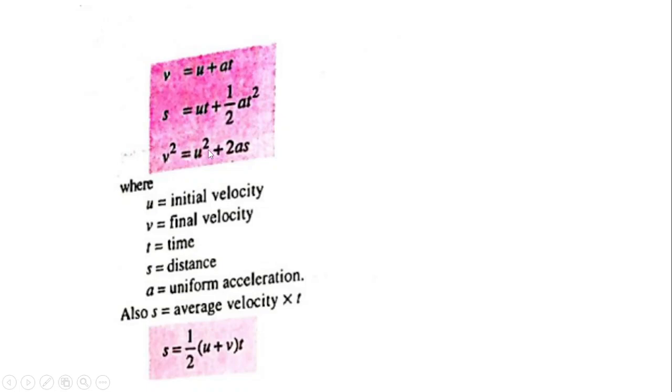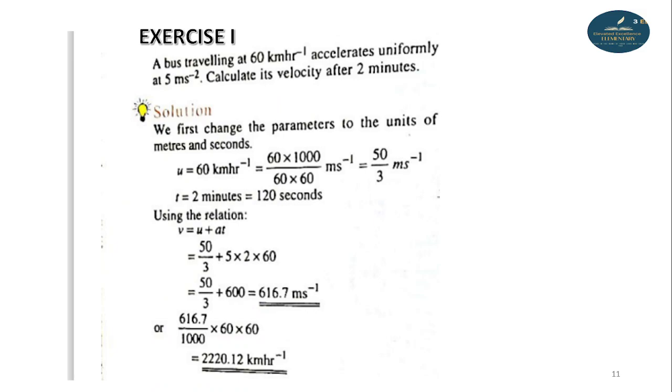A bus traveling at 60 km/h accelerates uniformly at 5 meters per second square. Calculate its velocity after 2 minutes. So based on the parameters given, we have the